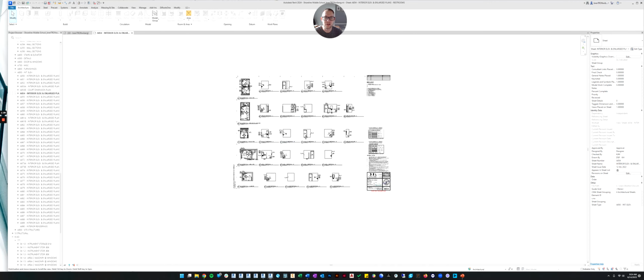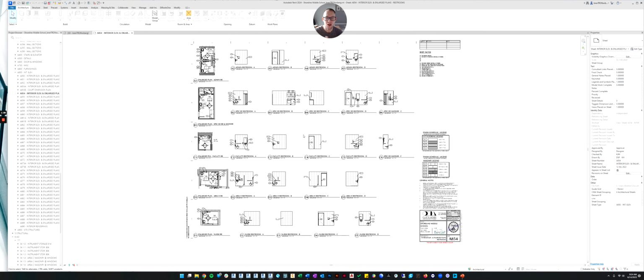All right, so that kind of concludes this lecture. I hope you learned a little something, and going forward for our exercises, we won't be going into near this amount of detail in our elevations, but it's good for you to know professionally what would be required from you when you're in a paid environment.